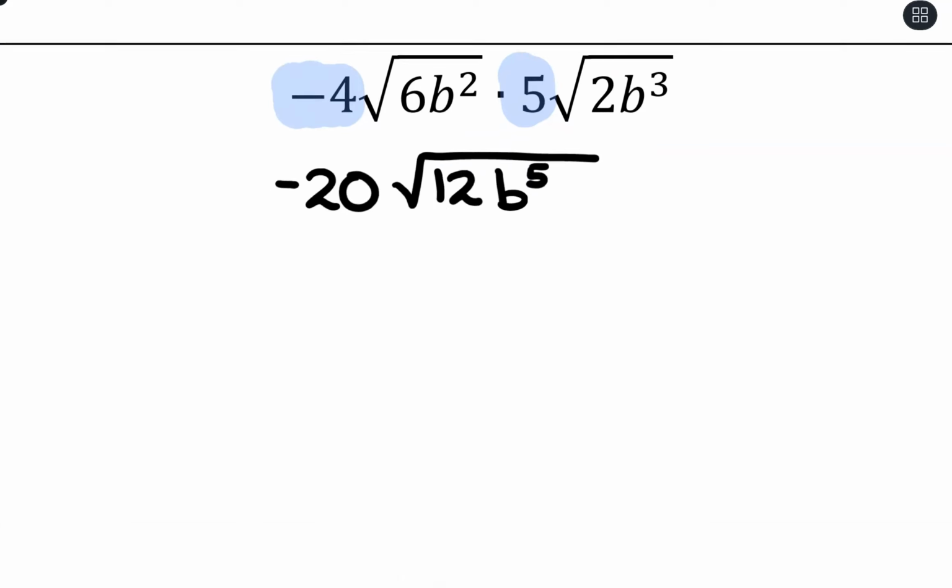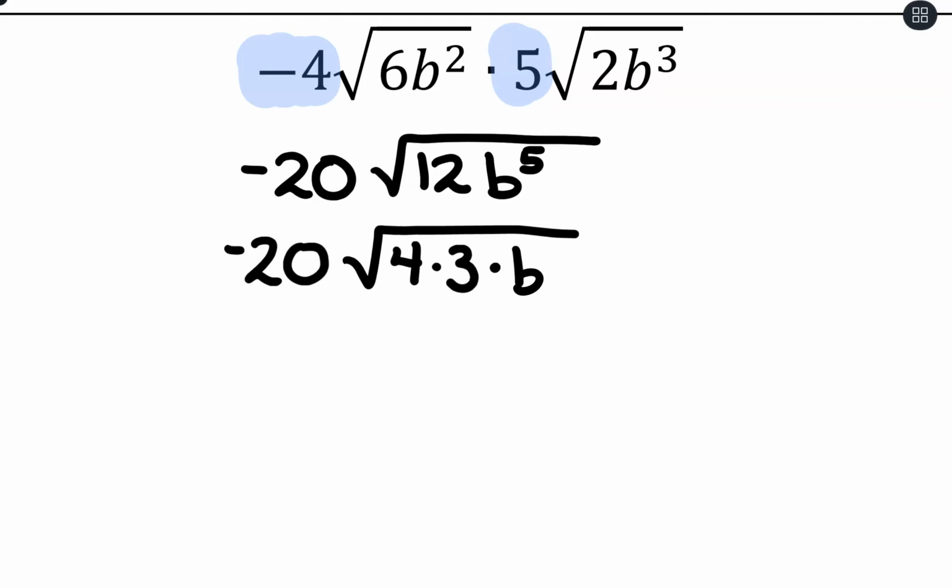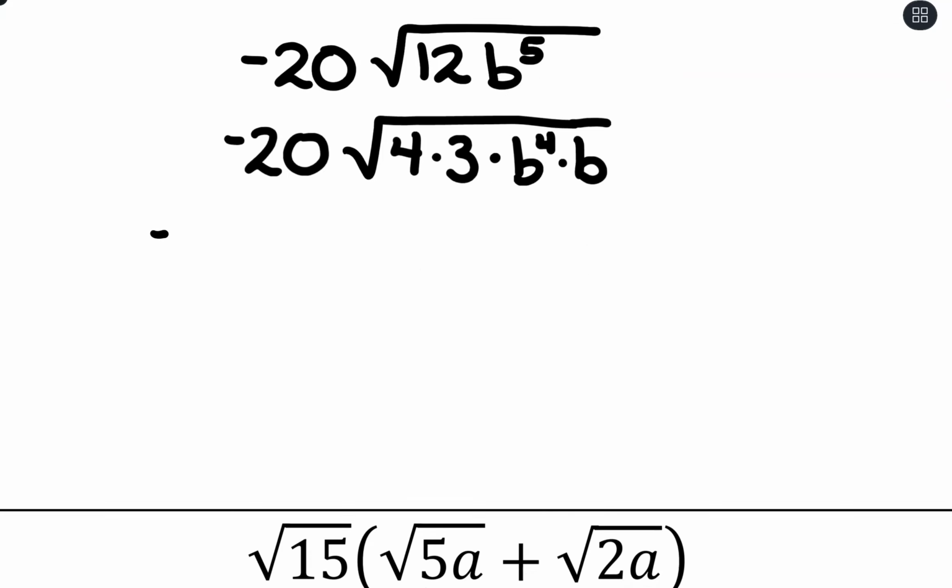Now I'm going to think about re-expressing what's underneath the radical to see if I can grab anything out of there. So we're taking a square root. So 12 could be expressed as a 4 times 3, because I like taking that square root of 4. And then b to the 5th, could think of that as b to the 4th times b. So with that, I have this negative 20 outside, and then we're going to multiply with square root of 4 is 2,